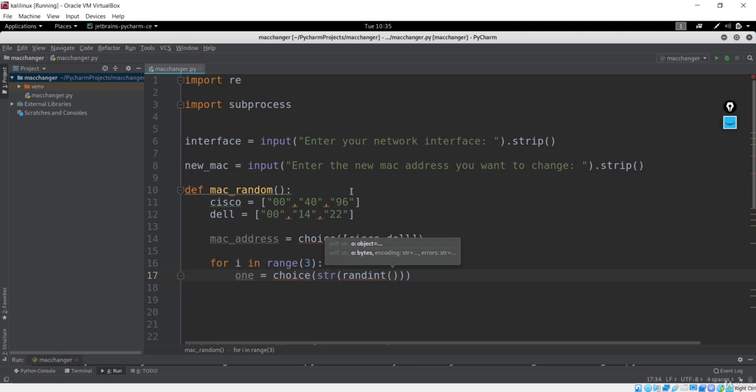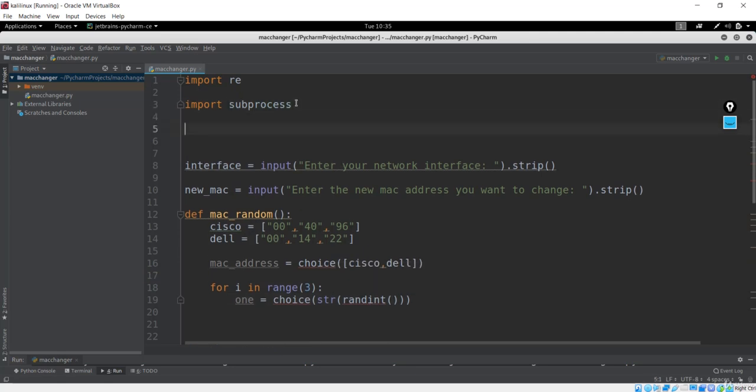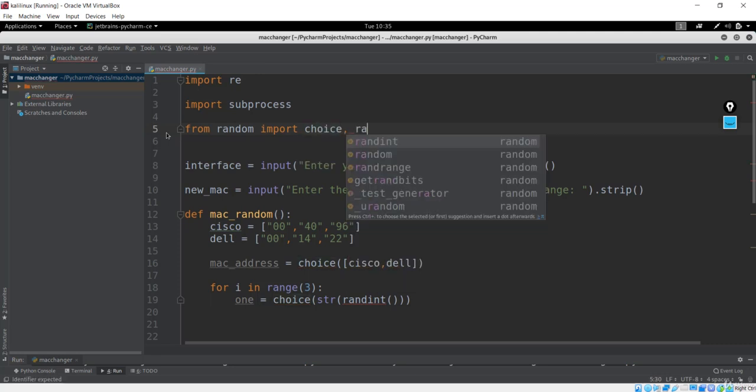We haven't imported that yet, so I have to import it. I'm not interested in importing only the random module, because then you would have to call random.something every time. Instead, I'll say from random import choice, and I also want to import the next thing, which is randint.